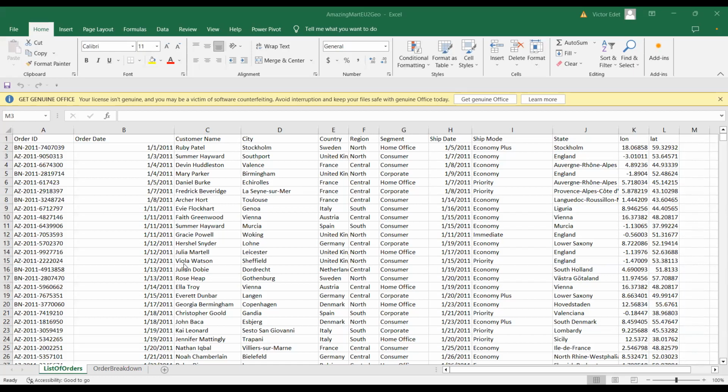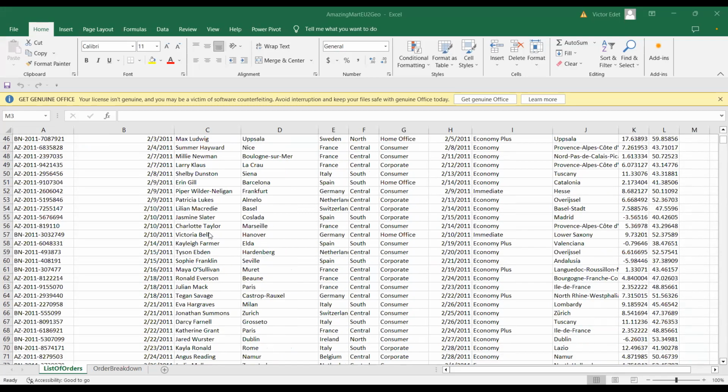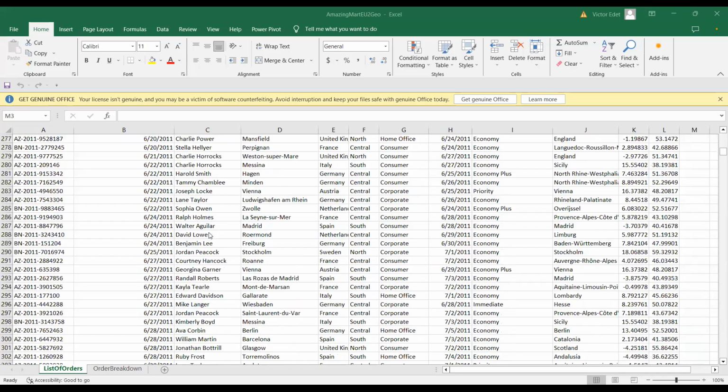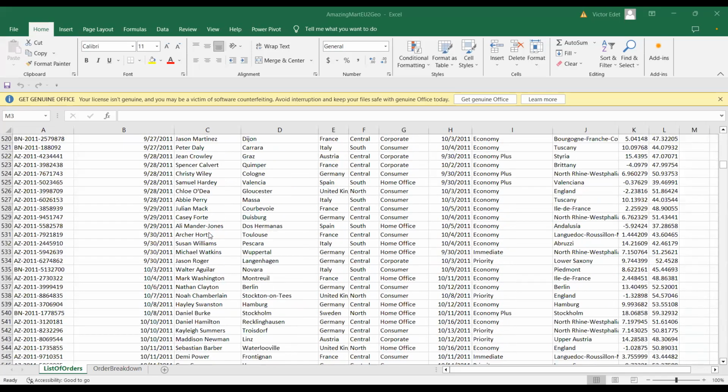Now, if the company you work with, for instance, requires you to tell a story about the number of ship modes, and then the number of segments, and then maybe which city is shipping more products than the other one, you may not be able to do that immediately.